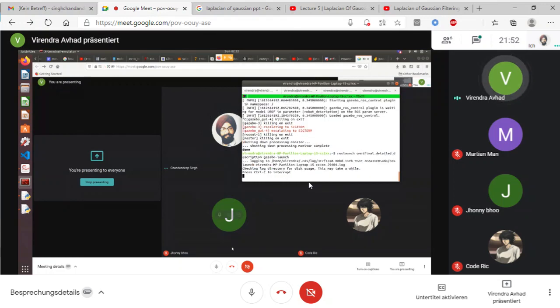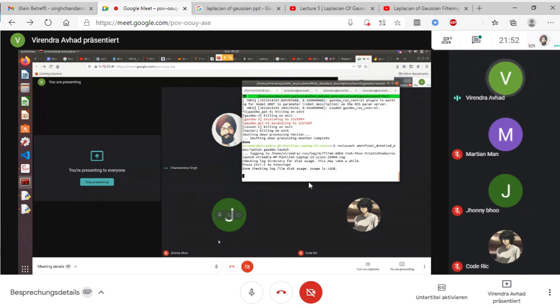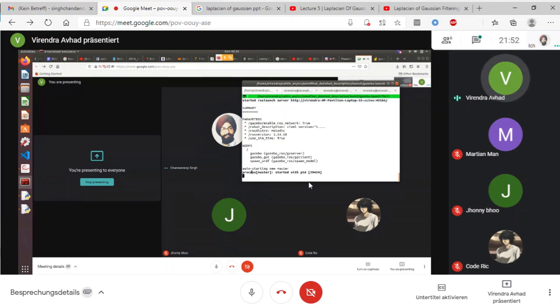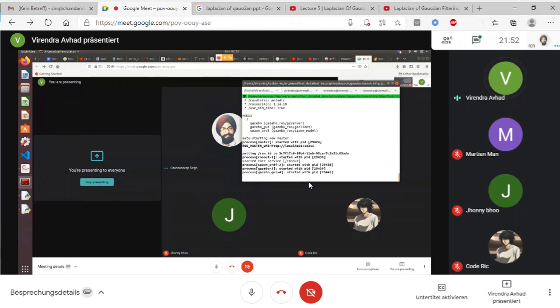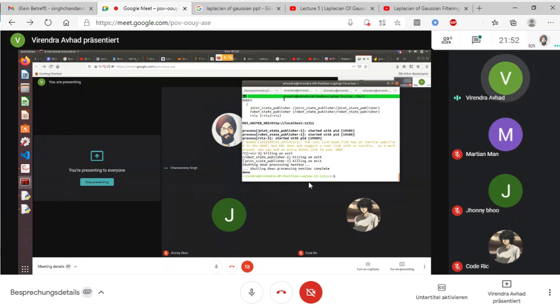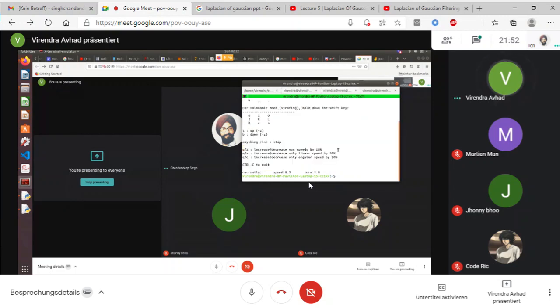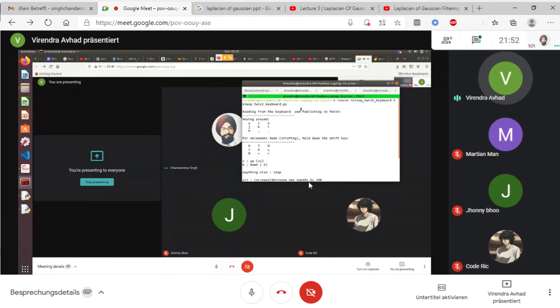So basically, I started with ROS 7 or 8 months ago. I kept tinkering with this a lot. I've made a lot of mistakes, and I covered those. And I made this URDF, and I just use this teleop node, which